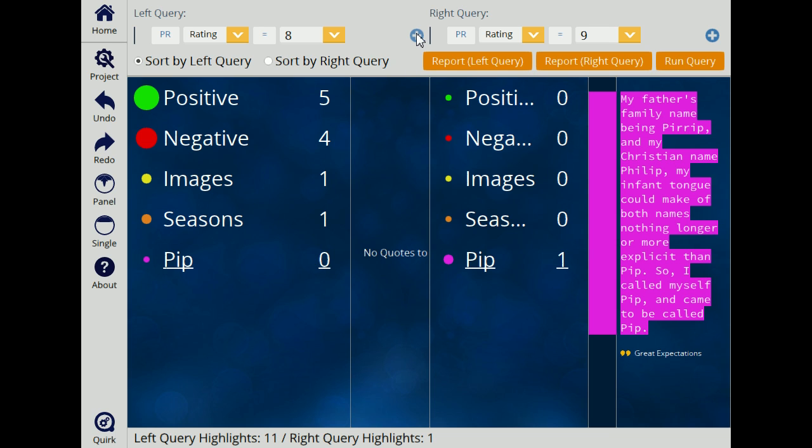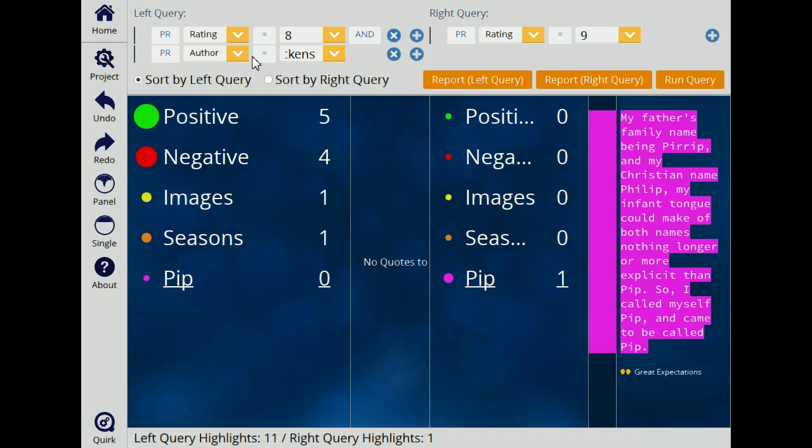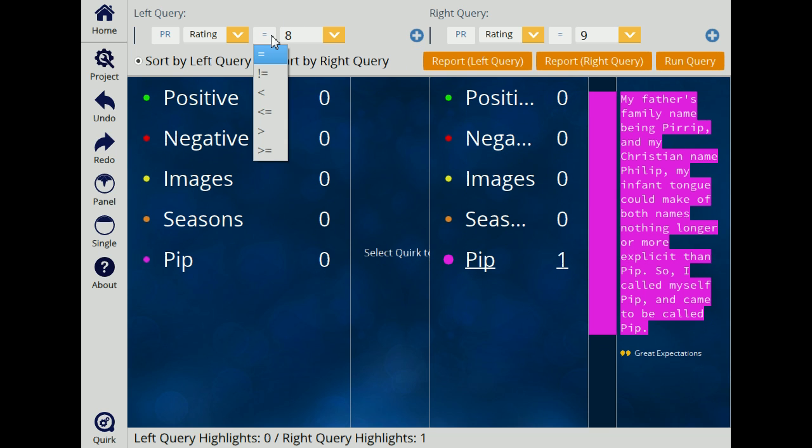And we can also add more and more criteria to this to refine or make wider the search. So if we put in another term there, we can have the author be Dickens. Okay, that's not going to change anything now, but if we put the rating as also 8 and 9, and run the query again, we'll see we get nothing because there are no sources which have a rating of 8 and 9. But again, this allows you to very quickly compare, so you could be looking at everything which women say compared to everything that men say,